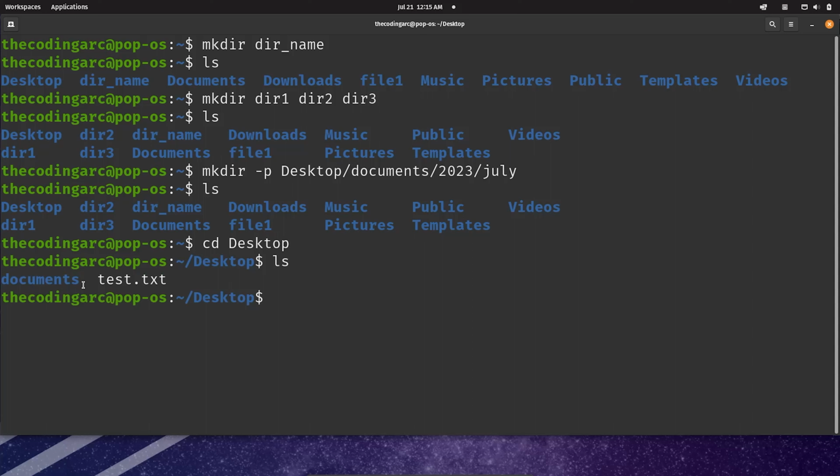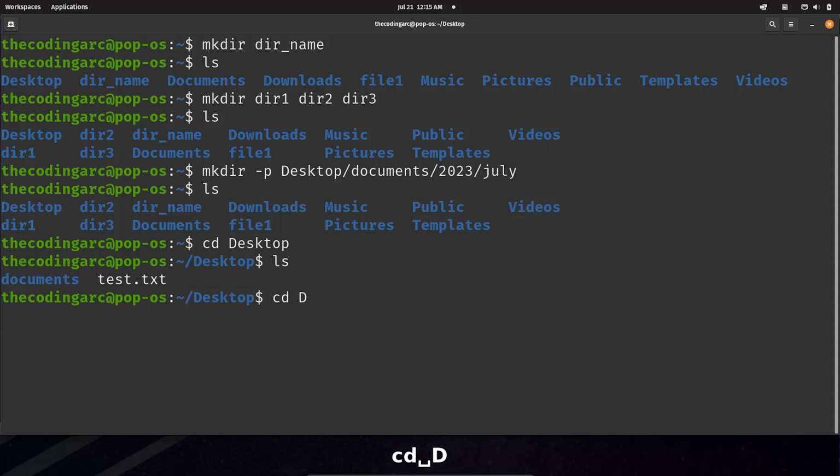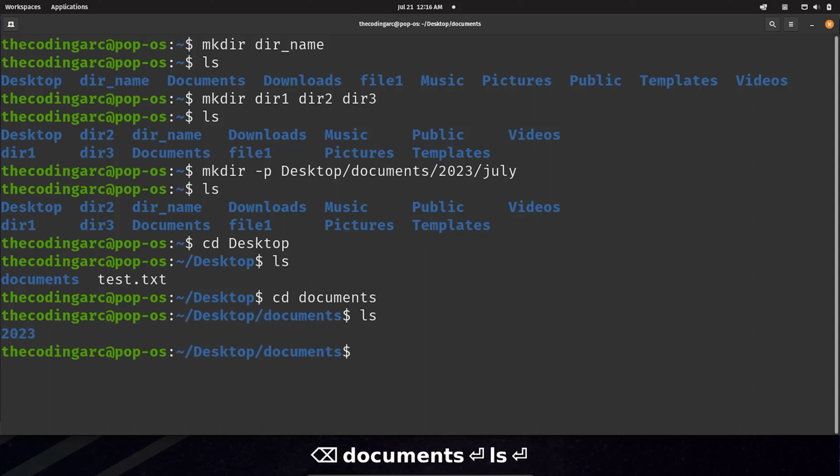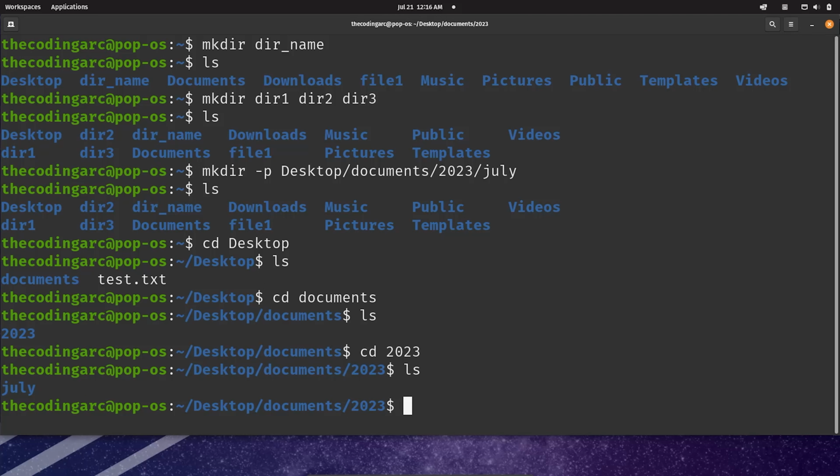you can see a documents folder has been created. Then we will go to the documents, and here you can see 2023 is created. We will again go into this, and you can see July has been created. So what we can say is it is very useful for creating nested directories. So if you want to create a complex directory structure with multiple levels of nested directories without worrying about creating parents manually, you can use this command. Okay,